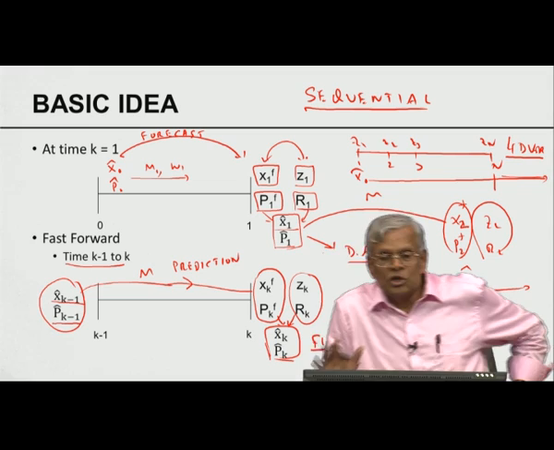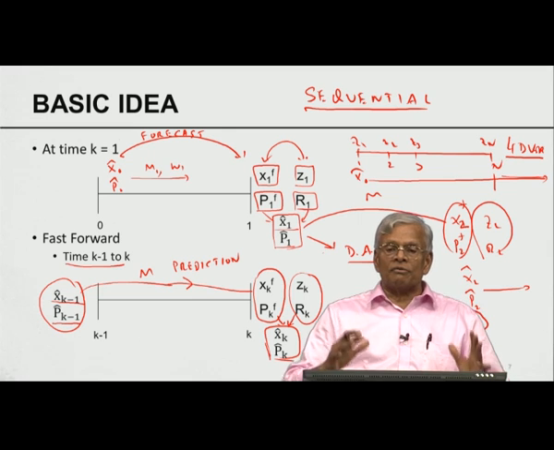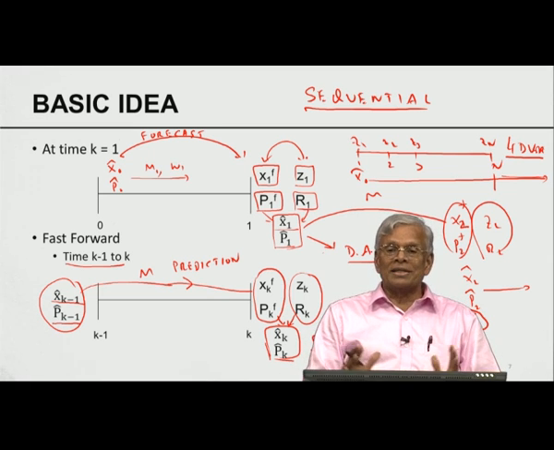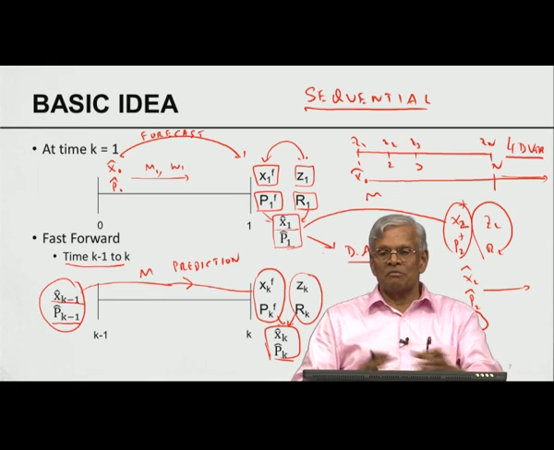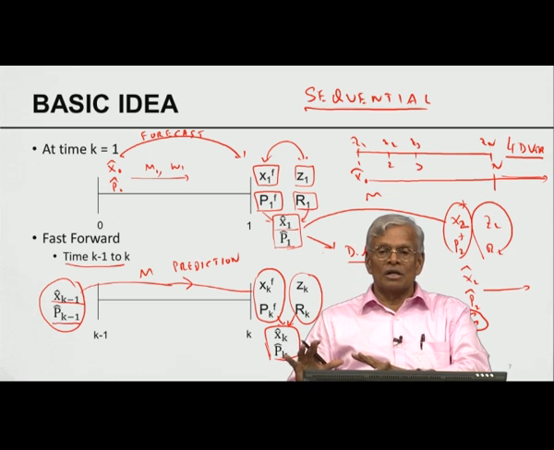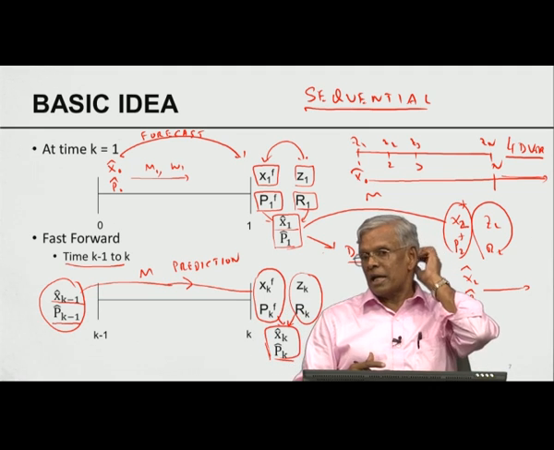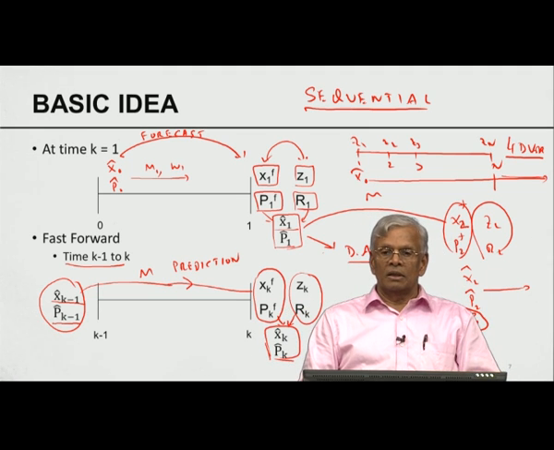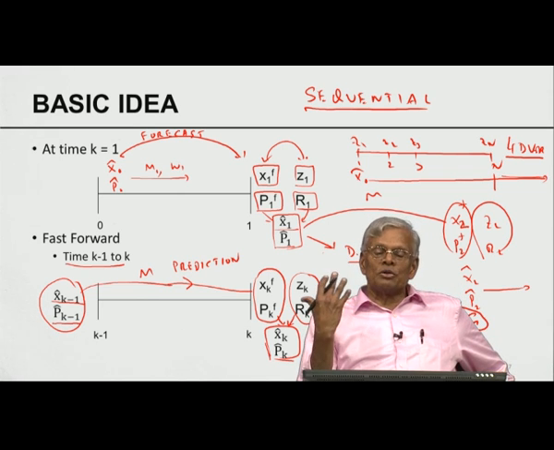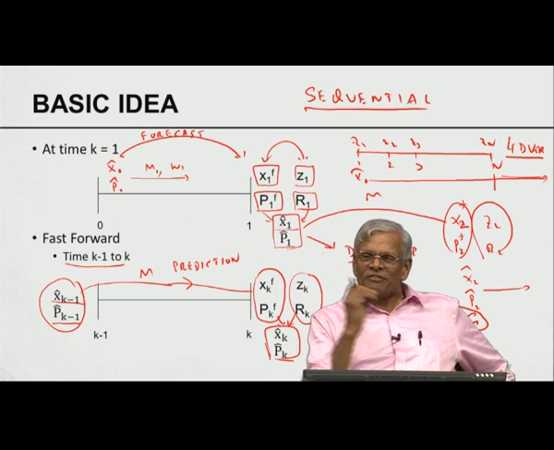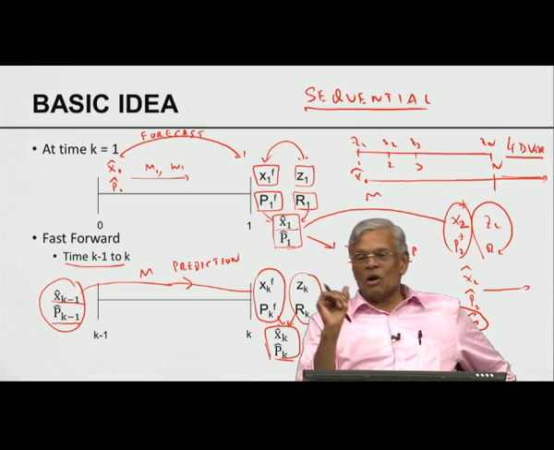So geologists, geophysicists and atmospheric science people are also interested in the same kind of problems that engineers are interested in. The only thing is, engineers have an added advantage of being able to control, whereas in sciences you simply have to be able to predict. So for example, if there is going to be a hurricane, we cannot change the motion of a hurricane. Well, engineers have sometimes suggested, at the time when the hurricane forms, why don't you just drop a bomb and dissipate it. This is typically an engineering idea. If you talk to an atmospheric scientist, they will simply laugh at it. They won't even care to